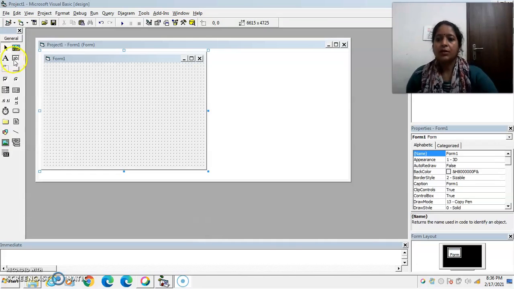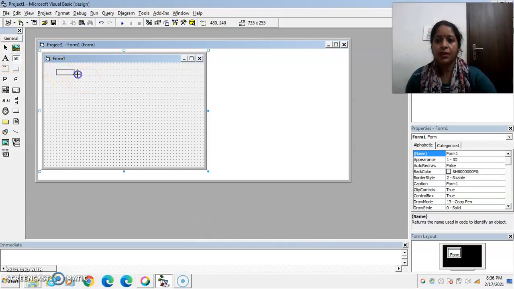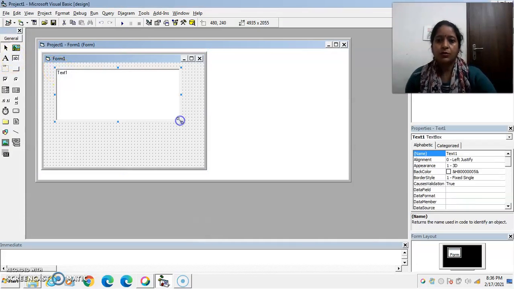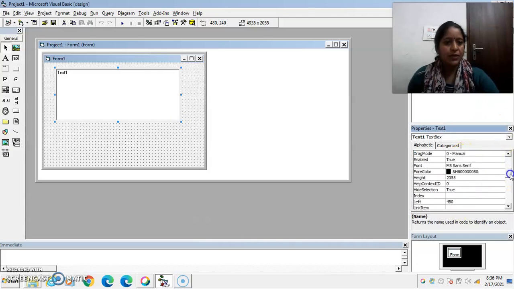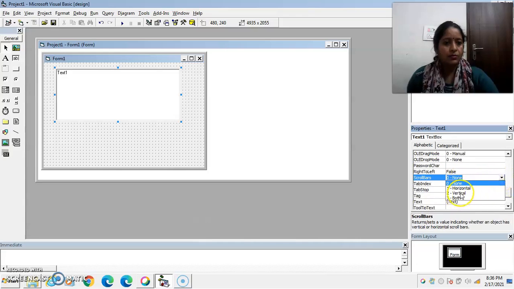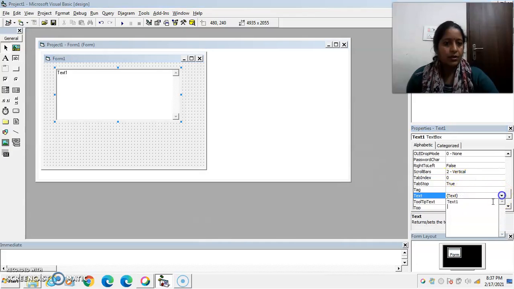For this, take one text box control, set its MultiLine property to true, add a scroll bar to it, add a vertical scroll bar to it, and also empty its text.